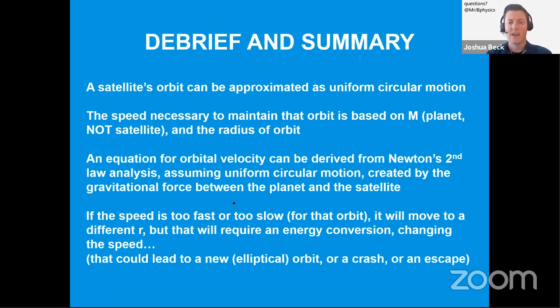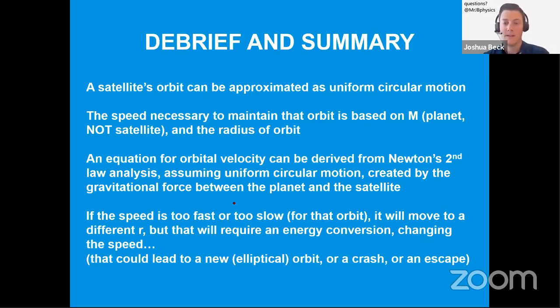So if the speed is too fast or too slow, it will start to move to a different R, so to speak. That'll require an energy conversion, okay? Exchanging some potential energy or converting some potential energy into kinetic or vice versa. Now that could lead to a new orbit. It would be elliptical. Or if it's way too slow, it could crash, or if it's way too fast, it